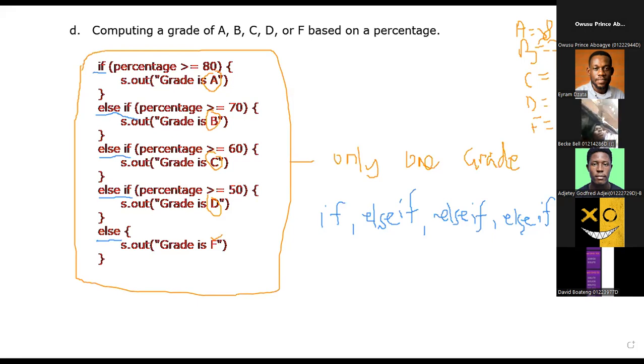Okay, so what it's trying to say is that when you use the or, it will print for only one of them, but if you use the and, it's going to print for all of them once they meet the condition. So in that case, we'll eliminate the else. Now, if we eliminate the else, and we do if throughout, so this will also be if